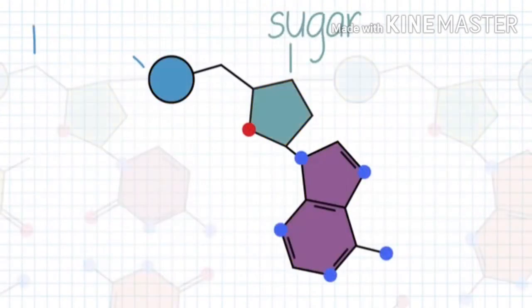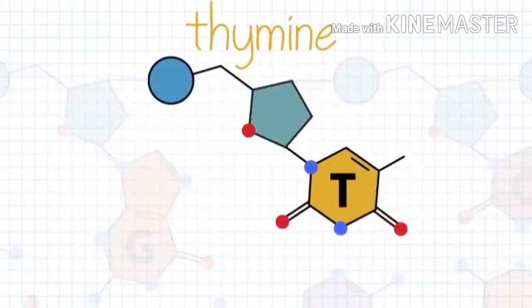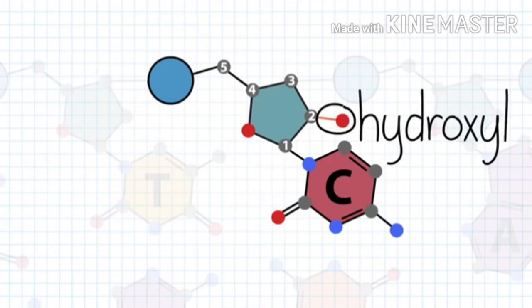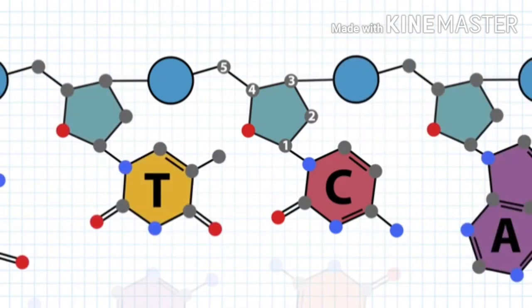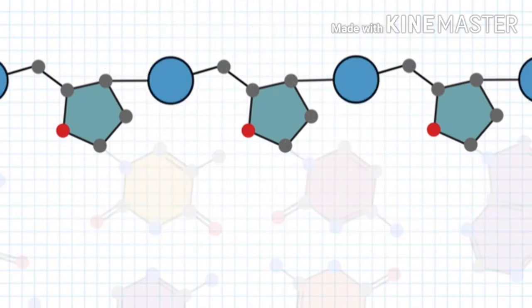So actually the bonding structure of the DNA, that is adenine bonds with thymine and guanine bonds with cytosine, is generally called the base pairing rule, or it is also called Chargaff's rule, where it is shown that purines are bonded with pyrimidines by double bond or triple bond, that is A with T by double bond and G with C by triple bond.